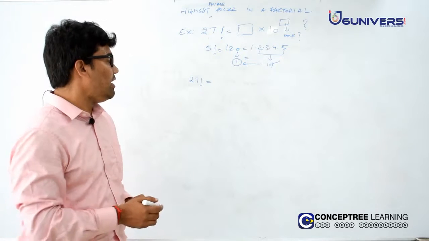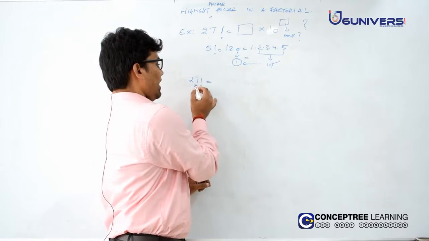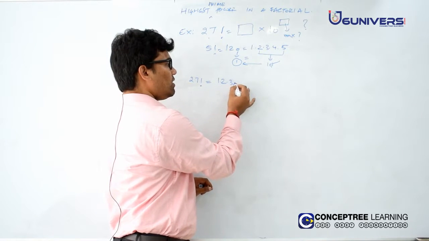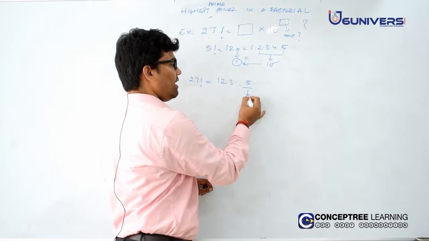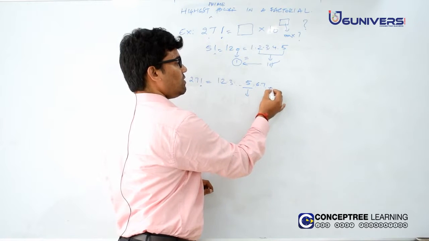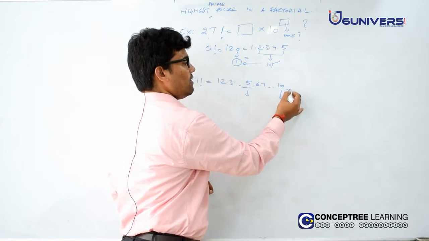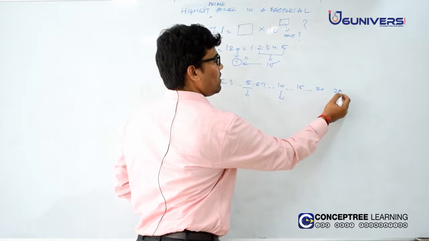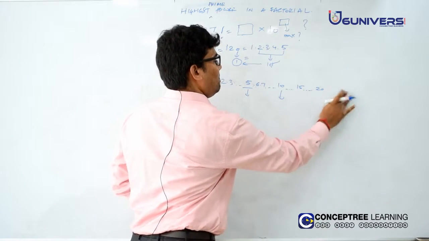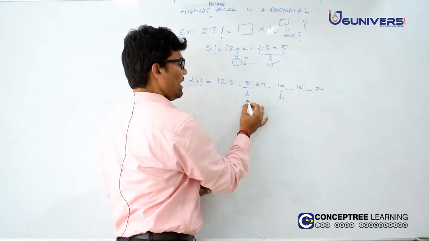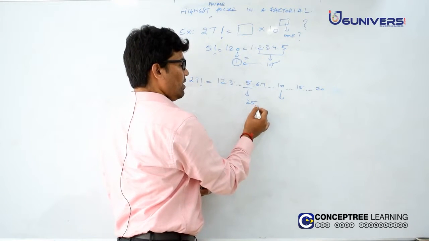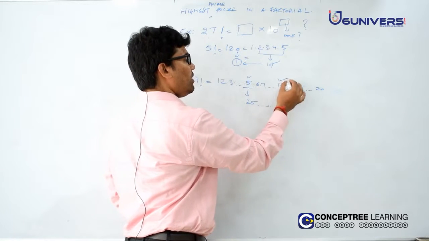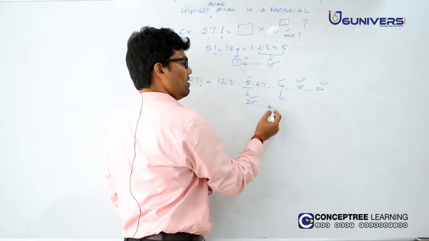So let's try and understand how many 5's are there in 27 factorial. So if we keep writing 1, 2, 3, so on, there is a 5 there, and 6, 7, so on, there is a 10 there, so on, so on. There's a 15, there's a 20, and there's a 25, so on, and that's it. So we basically have 1, 2, 3, 4, 5